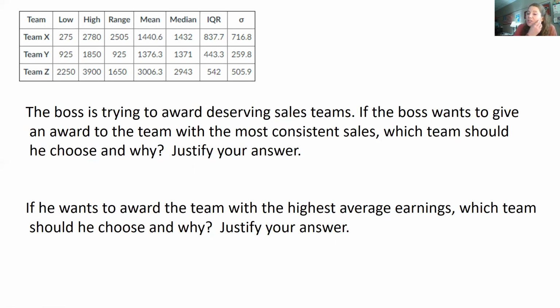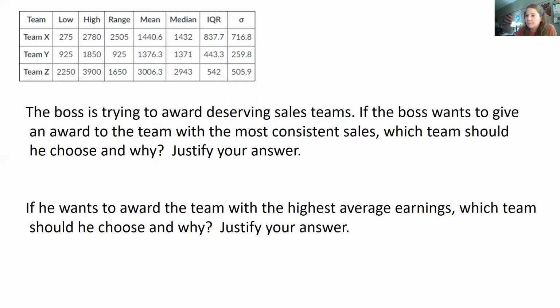So the standard deviation just shows us how close each data item is from the mean. So how far off each of them can be. So just like with mean absolute deviation, the smaller the standard deviation, the less varied your data is. Okay, the bigger that number, the more